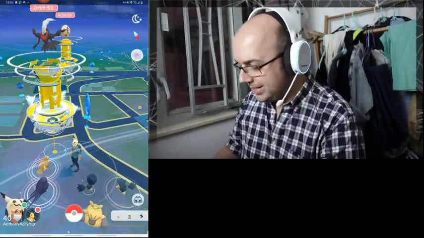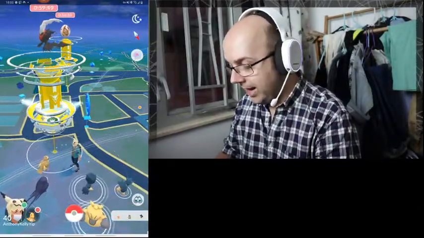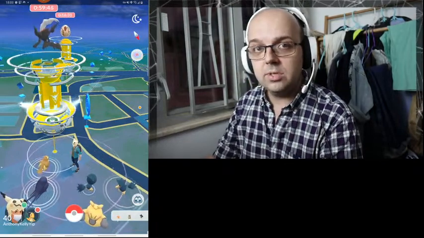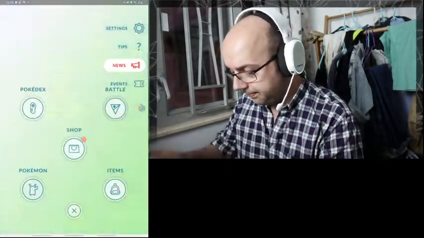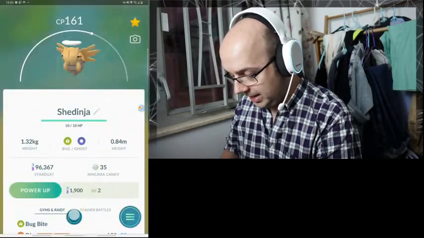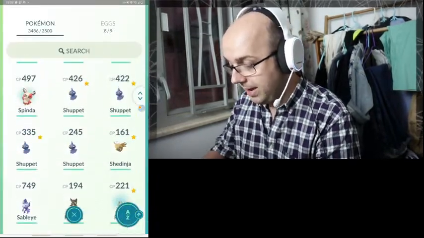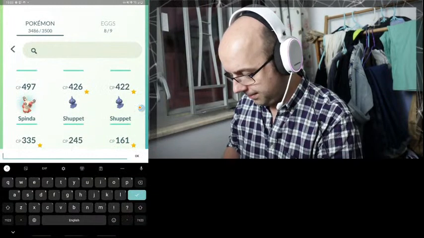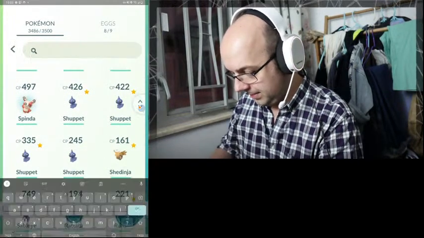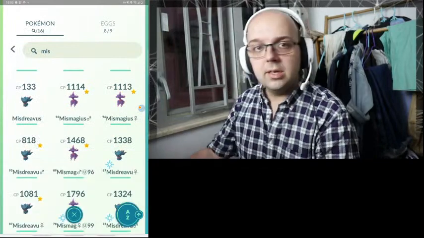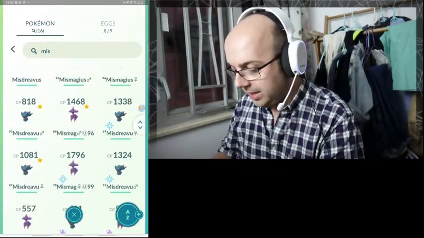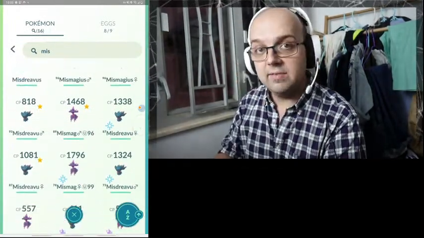Hello. So I wanted to show you how I use an app called Poke Genie to organize my Pokemon in Pokemon Go. Now, let me just show you inside my Pokemon bag. Okay, so you can see here that I've been writing the IVs of the Pokemon in